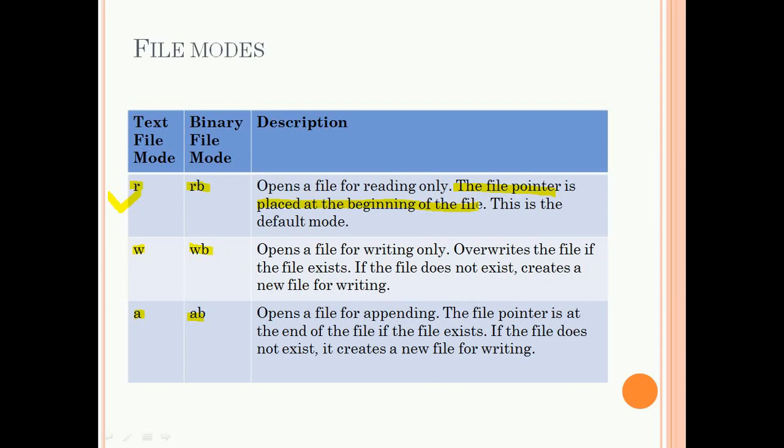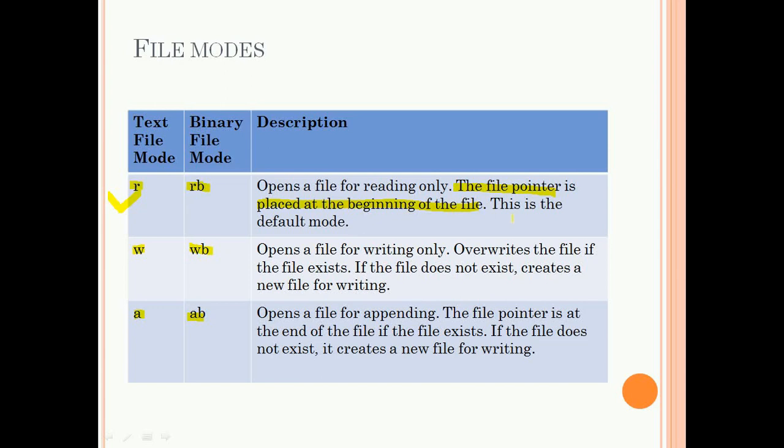The file pointer is used to point to a place or position of the file. In case of reading, we can read data from the position where the file pointer is pointing, and in case of writing, we can write to the position or location of the file where the file pointer is pointing. So the position of the file pointer is very important.